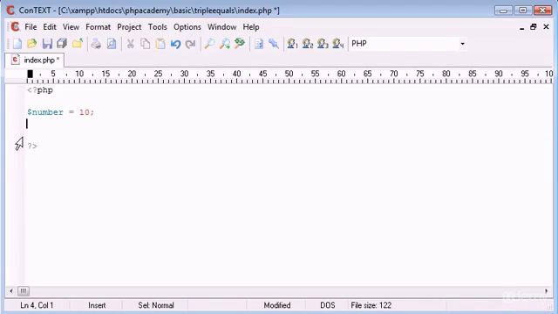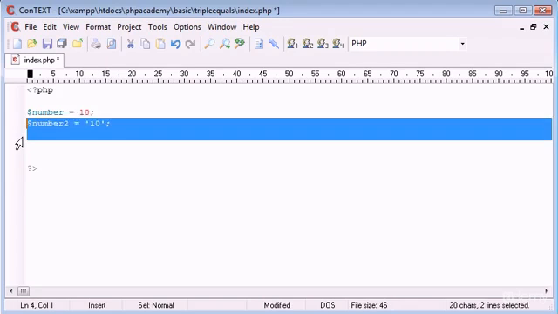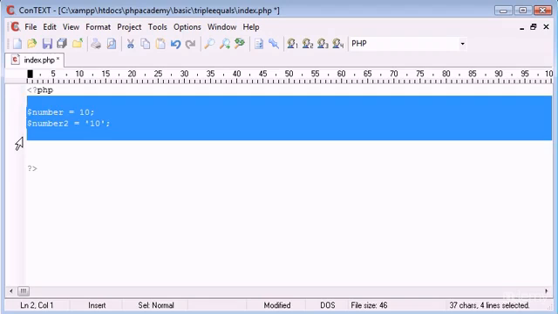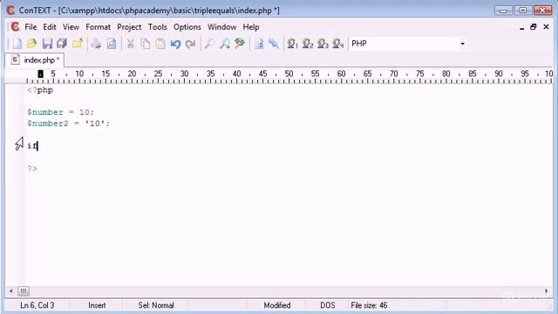Now, let's say we had a number here and another number here, and this number was, say, 10. Now, if you were using standard comparison, so if we were saying if number is equal to, by using the two equal signs next to each other. Remember, a single equals is assigning our variable a value. If we say is equal to, if number is equal to this number here, number 2, then